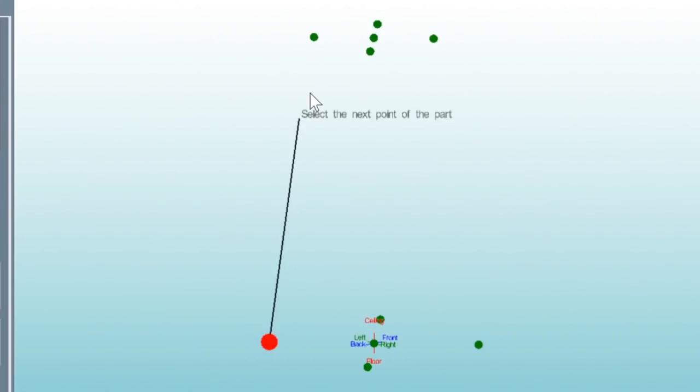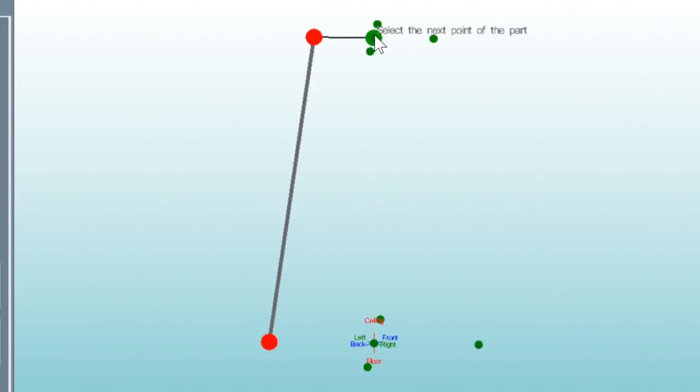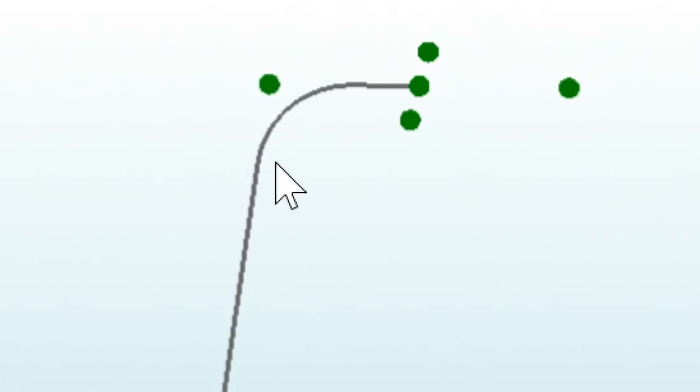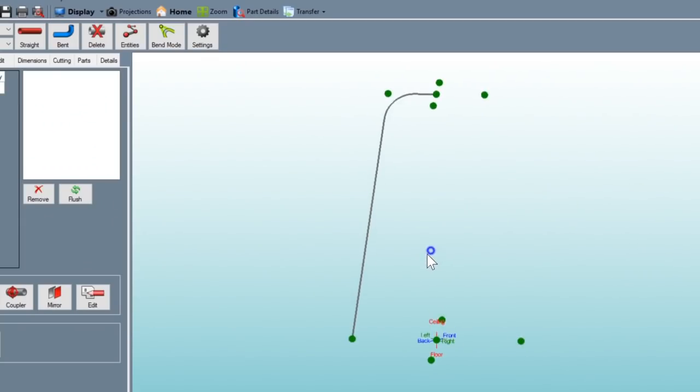And I'm going to go from this point up to my bend and then in to the center. And it's going to ask me to name the part. You could put something in there as a name, but since this is just a test, I'm just going to leave it as the default part 1. But OK. Then you can see it has automatically radiused up at the point here. And that radius is based off of the die that I told it that I'm using, which is a 3.5 inch. So this should be about a 3.5 inch radius. Now I'm going to do this for all 4 of these legs.